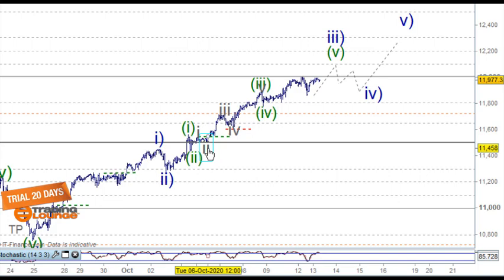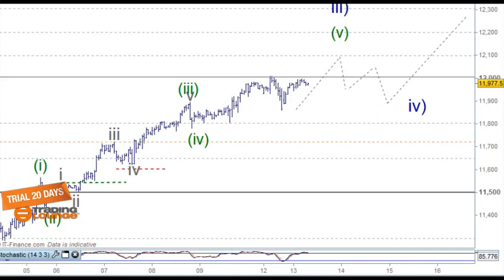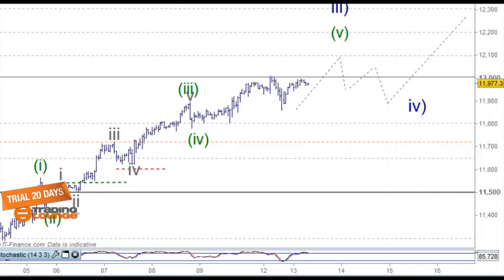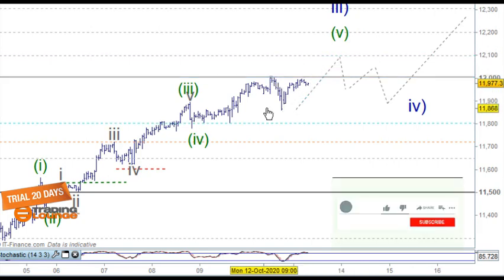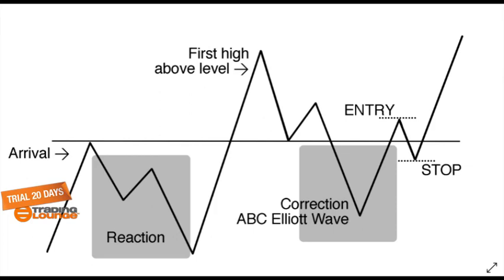You can trade in between these legs. This correction at 12,000 here, we're looking at a classic trading levels pattern. You may know that pattern, which is this one here. So the arrival, the reaction. We've got the arrival here, the reaction here. We're looking for the first high above the level, then the ABC correction, and you can go long from that point there after we've done that if you wanted to, in terms of just trading,